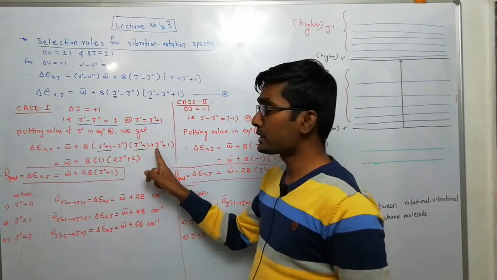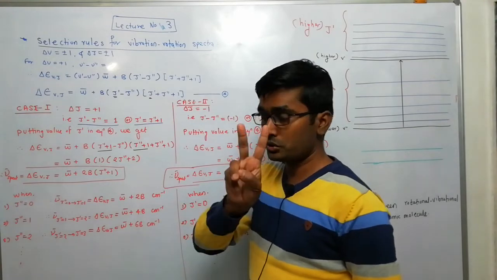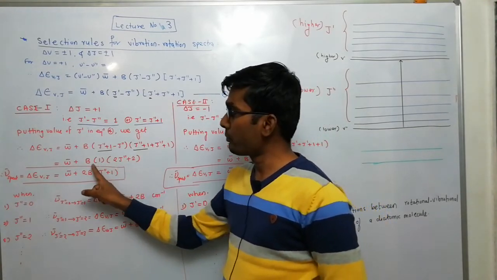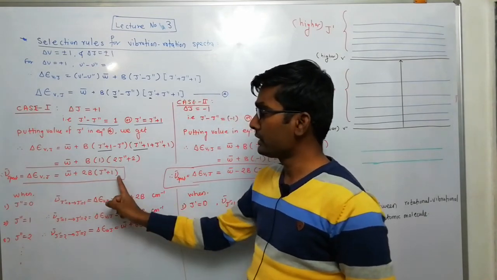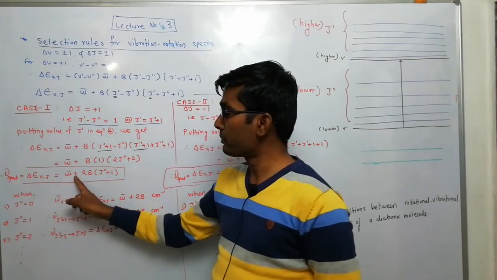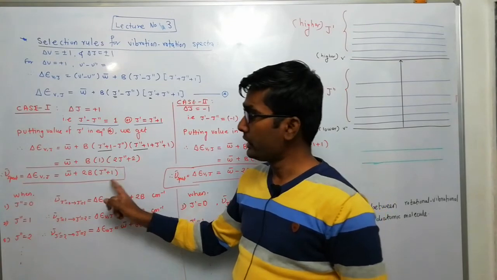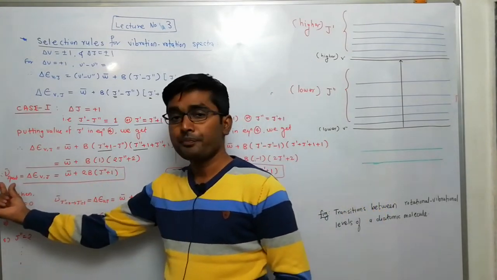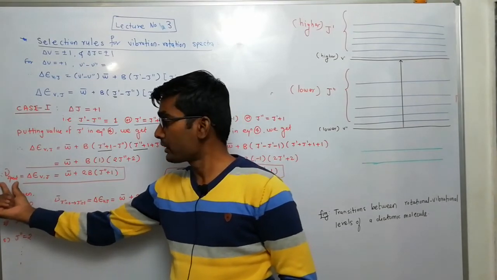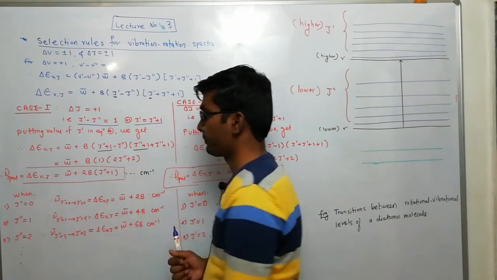Then j double prime plus j double prime is equal to 2, and 1 plus 1 is equal to 2. So 2j double prime plus 2. Now take 2 common, okay, outside of this bracket. Then the final equation we will get is delta epsilon Vj equal to omega bar plus 2b (j prime plus 1). Okay, so this will give us the